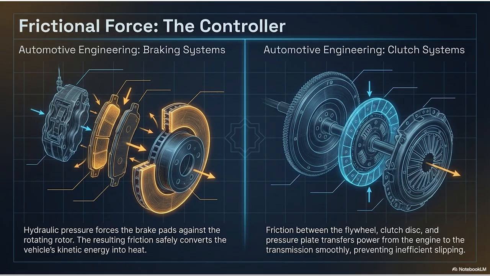And it uses two incredibly intense automotive engineering examples to show how engineers basically weaponize friction for our safety and convenience. Let's look at braking systems first. The physics of a modern disc brake system is just a masterclass in managing energy. So imagine looking through the spokes of your car tire. You'll see the shiny metal disc, that's the rotor, and a metal clamp grabbing it, which is called the caliper.